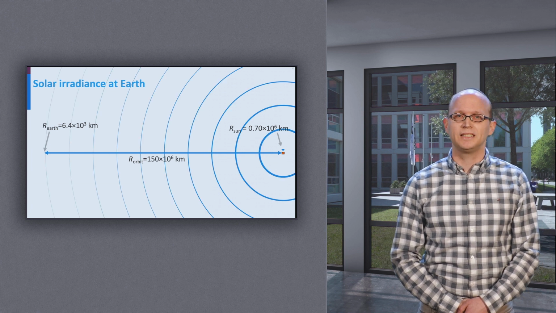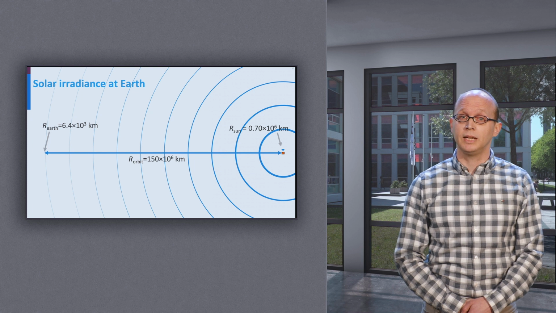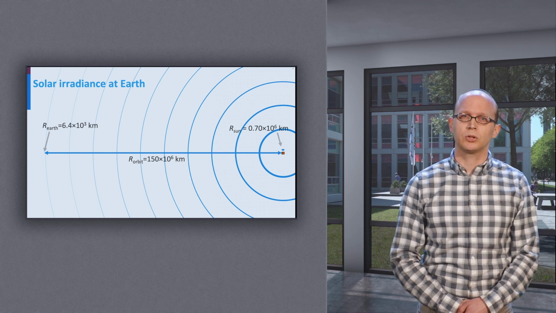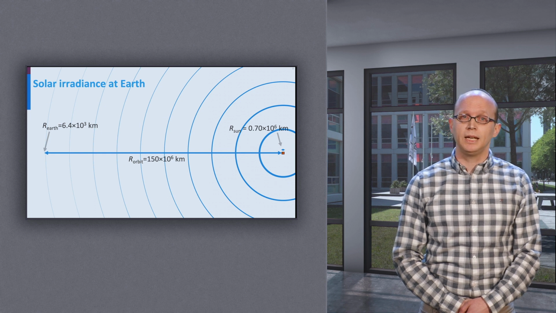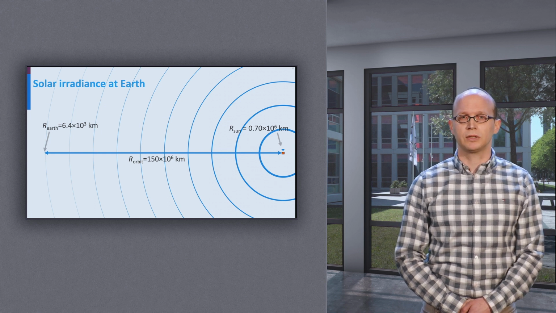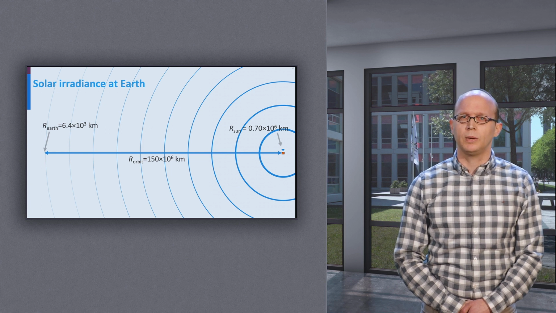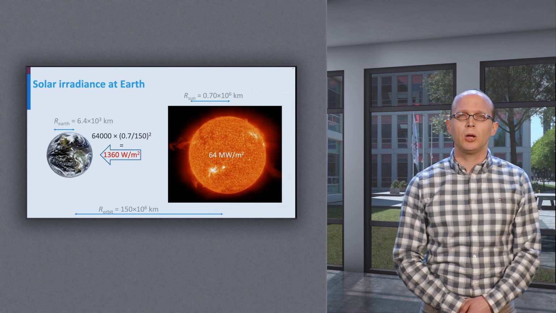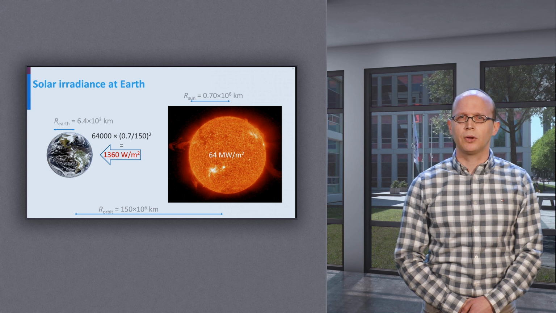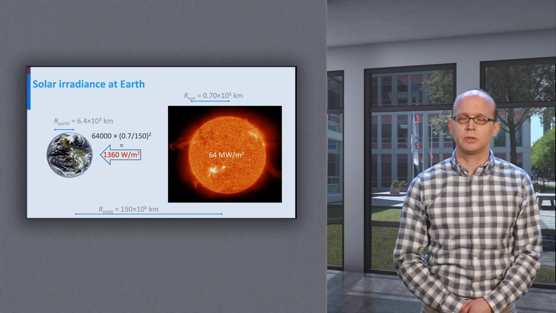The Sun radiates its energy in all directions. Therefore, the solar energy will be more spread out by the time it reaches Earth. This is indicated by these concentric spheres. The area of the sphere is proportional to r squared, so by doubling the distance, the energy is reduced by a factor 4. When we plug in the numbers, we find that at Earth, the incoming irradiance is 1360 watt